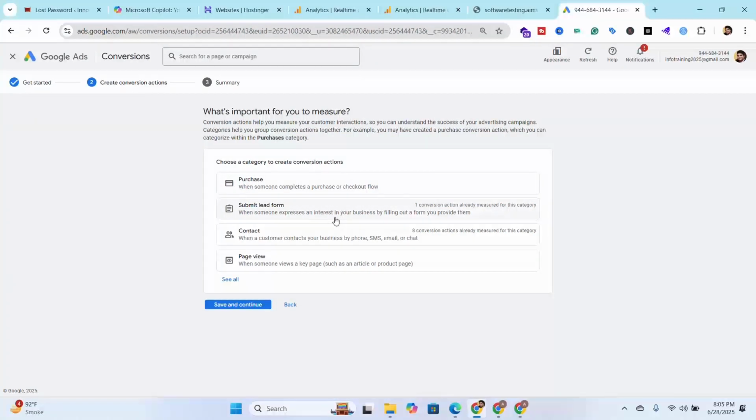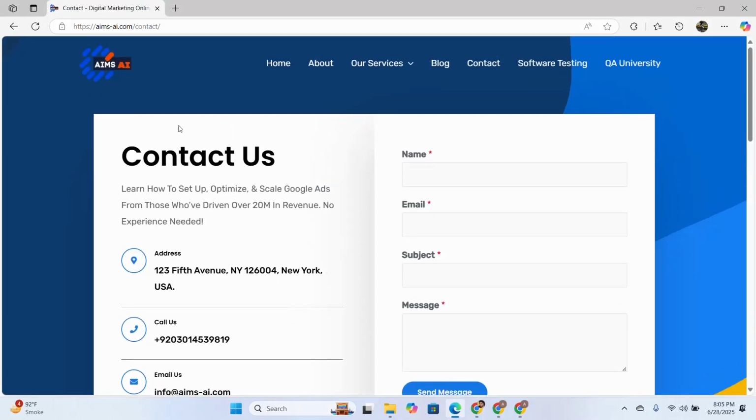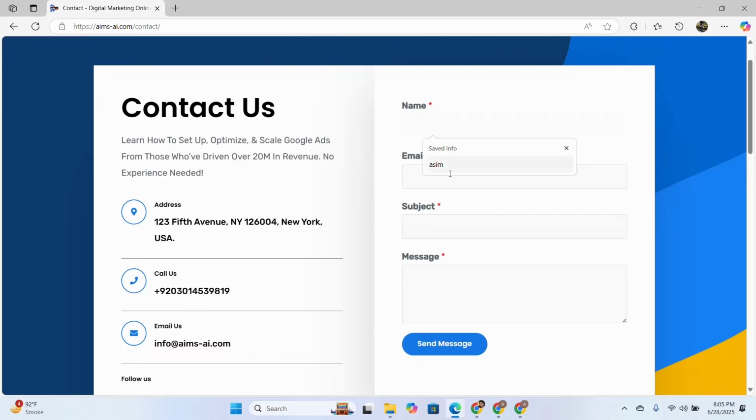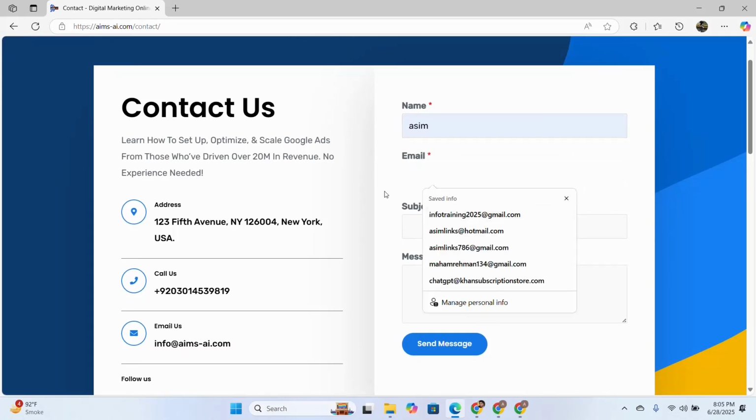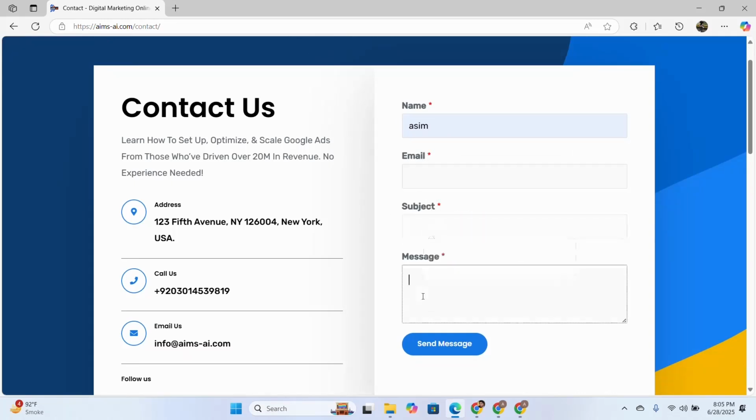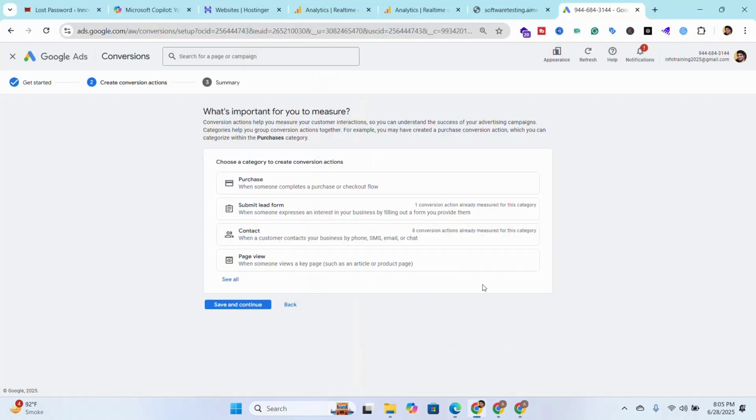And if your goal is that when someone visits your contact us page, like this website aimsai.com, and someone shares their name, email ID, subject information and everything, and when someone clicks here you want to store that information as a lead form. This is your lead form, when someone presents and shares the information. As a digital marketer, our goal is to retrieve such leads information, so we need to go with the lead form, submit form